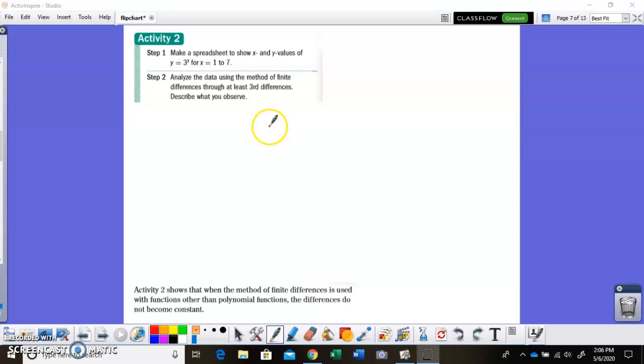All right, so in this activity, it's asking us to make a spreadsheet. Again, it's given us the equation so we can actually create the table of values. So we're going to create a table of values of where y is equal to 3 to the x, and that's for x's from 1 to 7. So x is going to go 1, 2, 3, 4, 5, 6, 7, and my y values